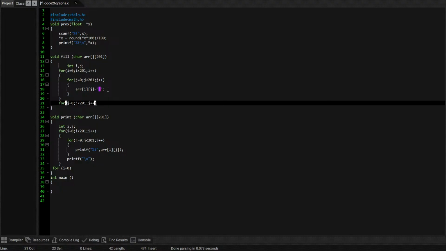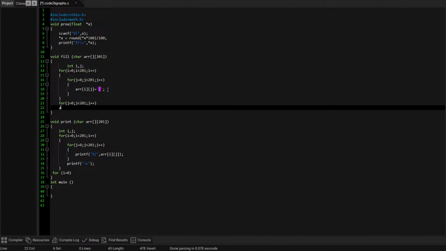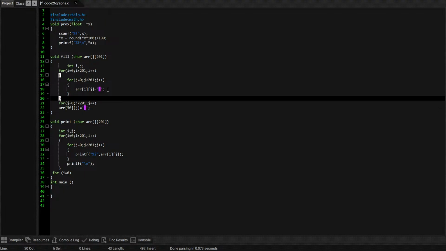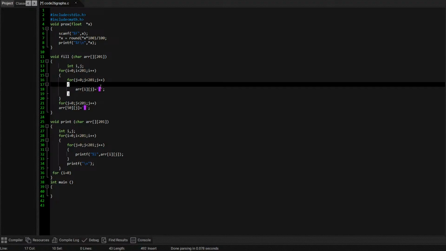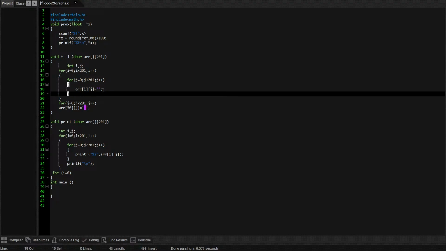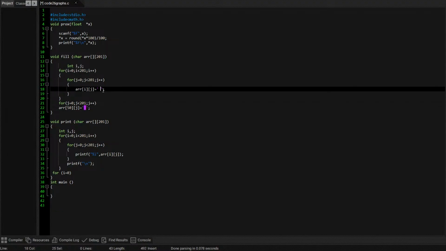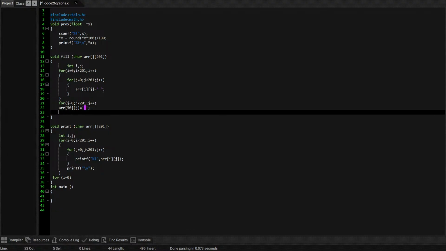j plus plus, and then here the array i value, we're going to save it as 50, and j value, not going to save it as anything, is equal to the block character. Okay, Control V, and that's it. This is the logic that I want. Let's see. This is supposed to be space over here, and then for j,